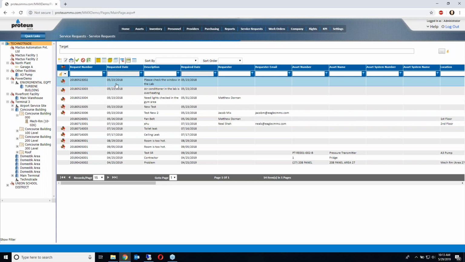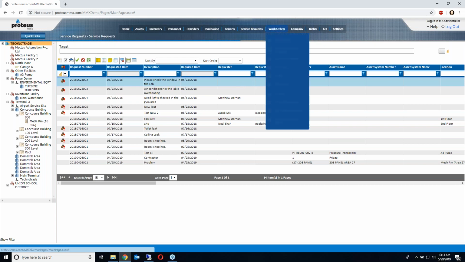So with these service requests, again, you have the option to accept. And if I were to accept a service request, what that would do is create a brand new active work order. And I should point out, you don't have to use service requests if it's not something you're interested in. You can create work orders directly without going through this intermediate step. So that would take us to work orders. Basically, the focus of the entire application is funneled down to work orders. Specifically, we're trying to get you to create work order masters and use preventive maintenance scheduling as opposed to doing emergency demand work orders in the system, because that's where ultimately the money saving will come in if you get into a good PM